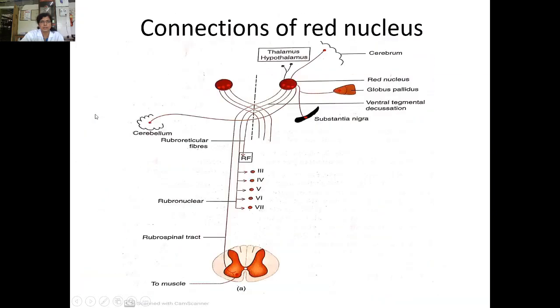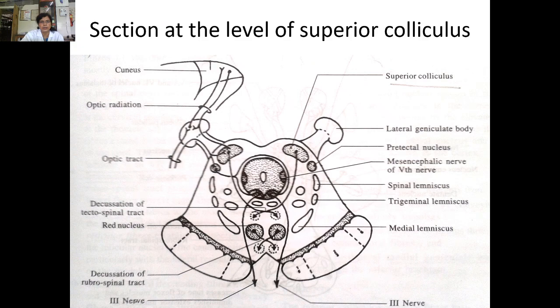And this is about the oculomotor nerve nucleus. Then in the lateral part of this central gray matter, there is the mesencephalic nucleus of trigeminal nerve, because this nucleus is present throughout the midbrain. Then the dorsal aspect of the midbrain at this level is the tectum, and this tectum consists of the right and left superior colliculi, and one another structure present on the superolateral aspect of the superior colliculus, that is called the pretectal nucleus.